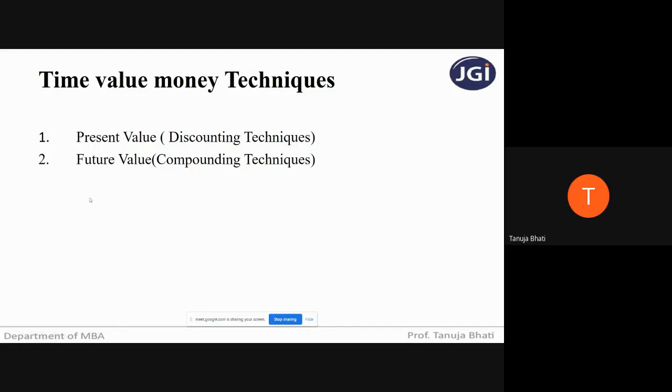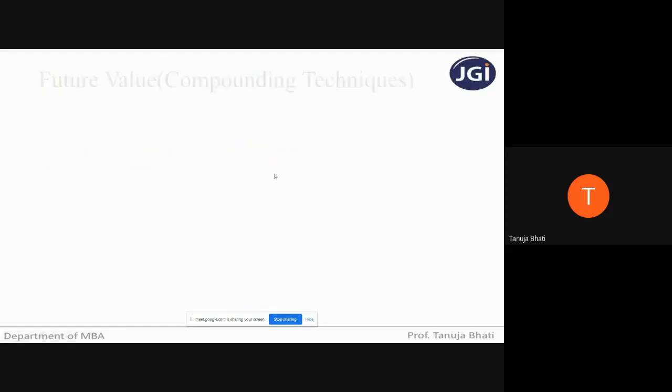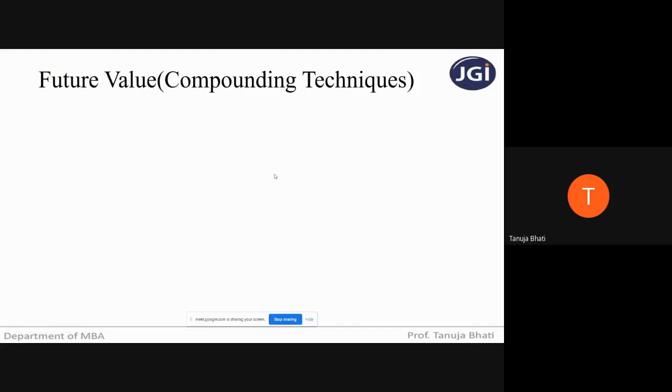So today we will be seeing the compounding technique, and with the help of compounding, how do we calculate the future value if a present value or present sum of money is given to you. Now, let us see how to solve it. Students, remember this, whenever you want to calculate the future value, you are going to use the compounding technique.